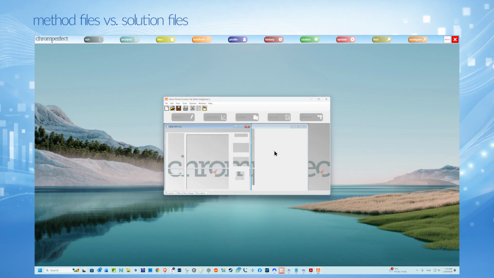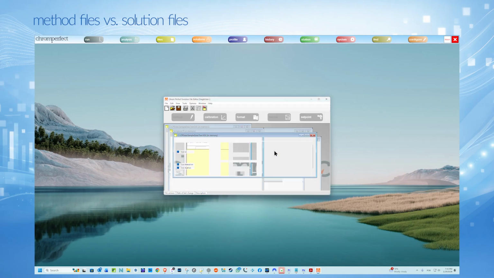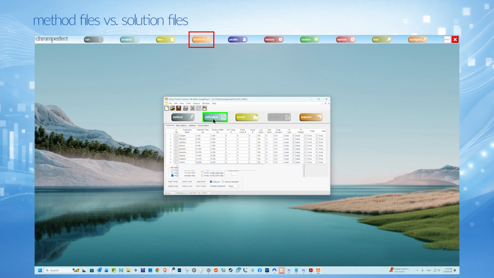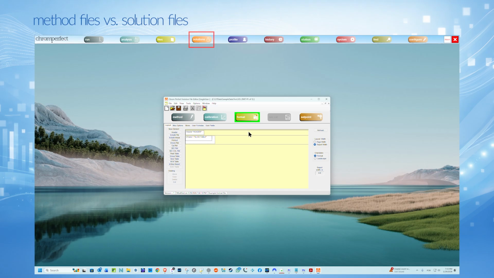A solution file is a container that holds a method together with its associated calibration, format, and other ancillary information, rather than referencing these files externally. Solution files are edited using a separate program called the Chromperfect Solution File Editor, not the file editor shown in this video. Users typically choose to work either with method files and external supporting files, or with solution files, depending